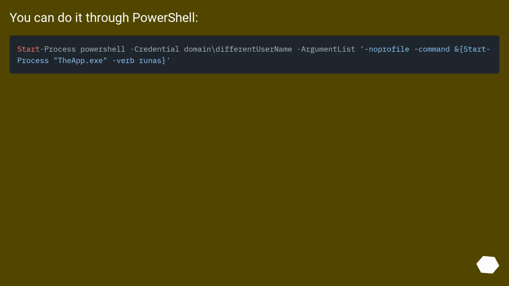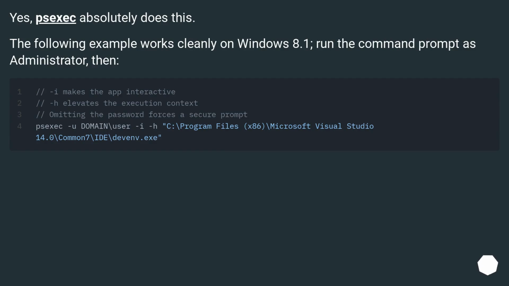You can do it through PowerShell. Yes, it absolutely does this. The following example works cleanly on Windows 8.1. Run the command prompt as administrator, then